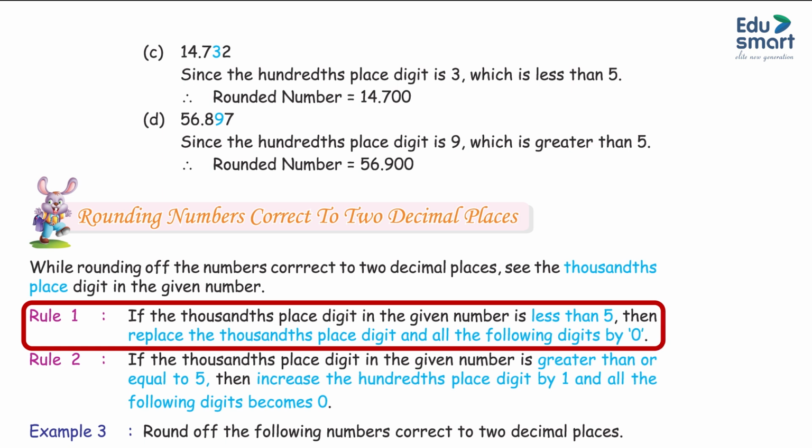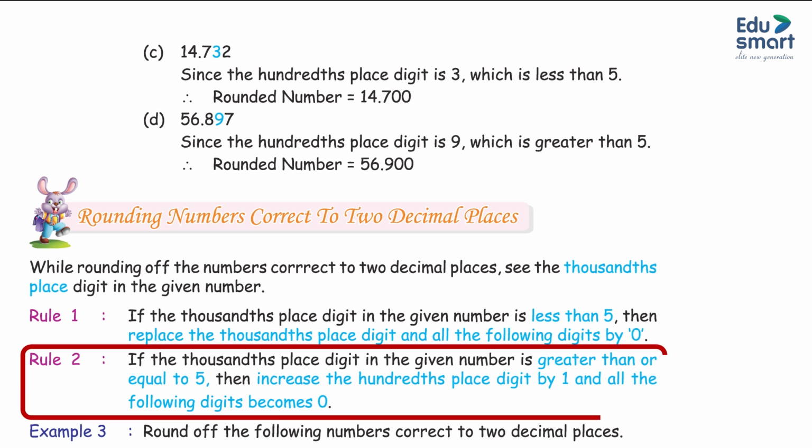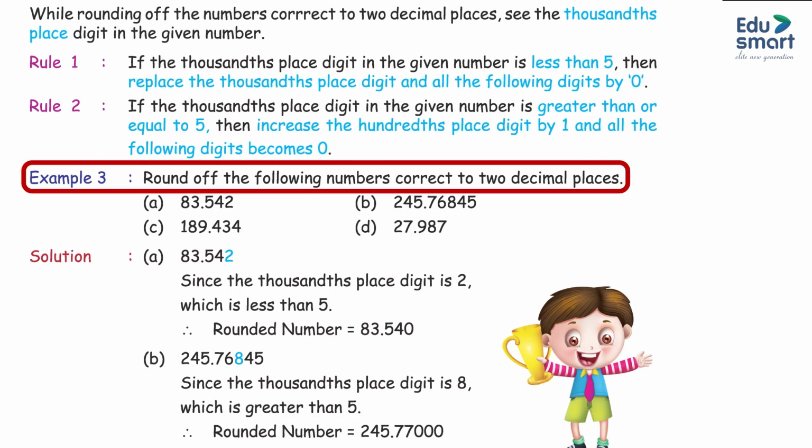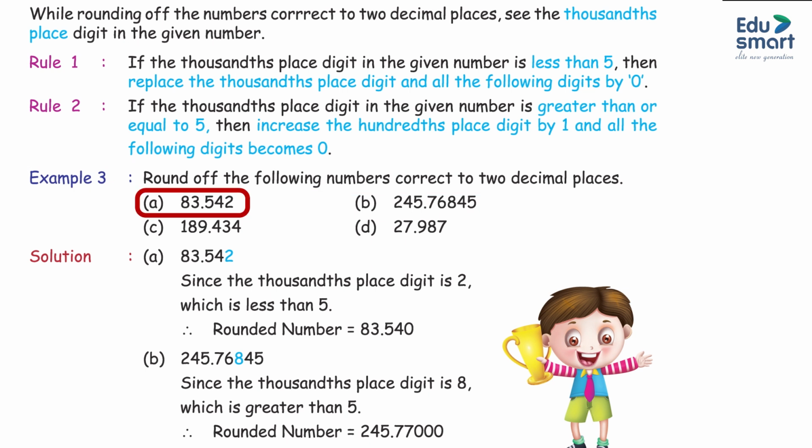Rule 1: If the thousands place digit in the given number is less than 5, then replace the thousands place digit and all the following digits by 0. Rule 2: If the thousands place digit in the given number is greater than or equal to 5, then increase the hundredth place digit by 1 and all the following digits become 0. Example 3. Round off the following numbers correct to the two decimal places. A: 83.542, B: 245.76845, C: 189.434, D: